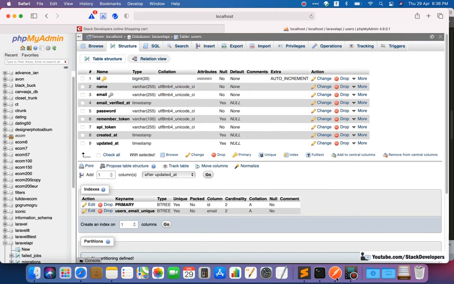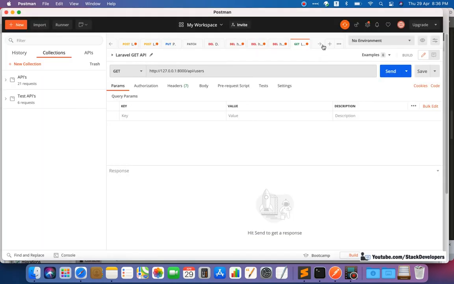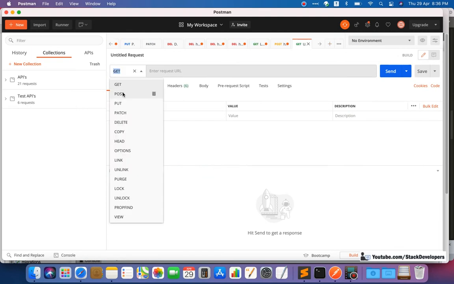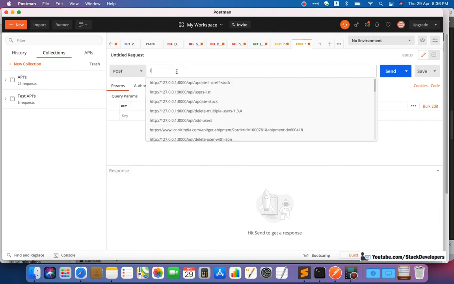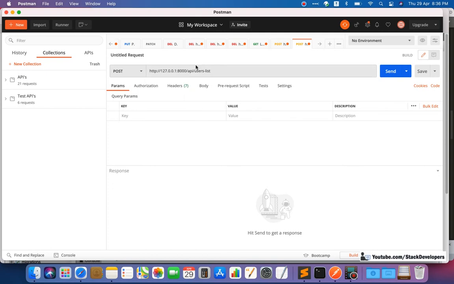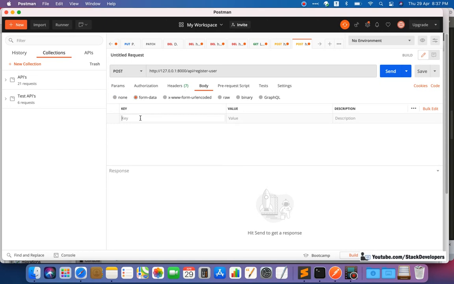Let's see, I am going to use Postman once again. Here I am going to use the post API, register user, and I am going to use the body form data. Here we will add name, email, and password.